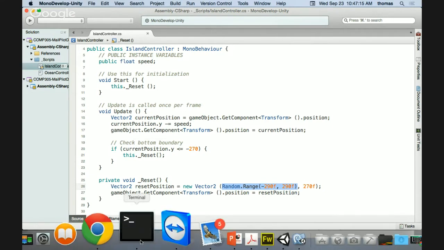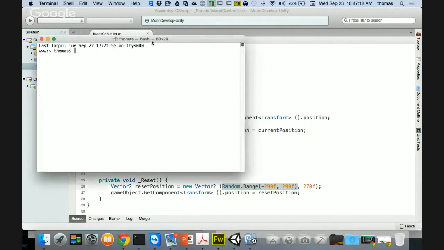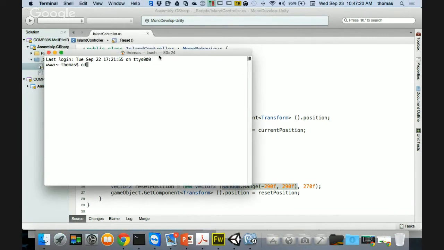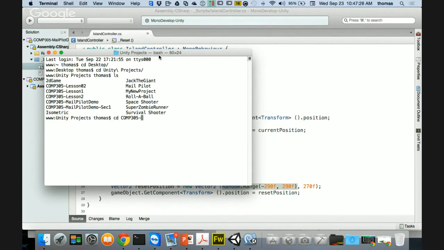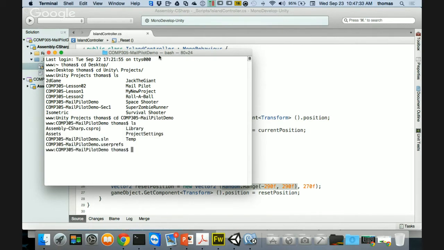Now, before I do that, I want to update my island controllers to make sure that you guys are up to date with what I have. So I'm going to go to desktop, and inside there I'm going to go to Unity projects, where I have my Unity projects, and I'm going to go to COMP305 mail pilot demo, and inside there, this is yours. I'm going to go into git add dot, git commit minus m, and I'm going to say something like updated island controller